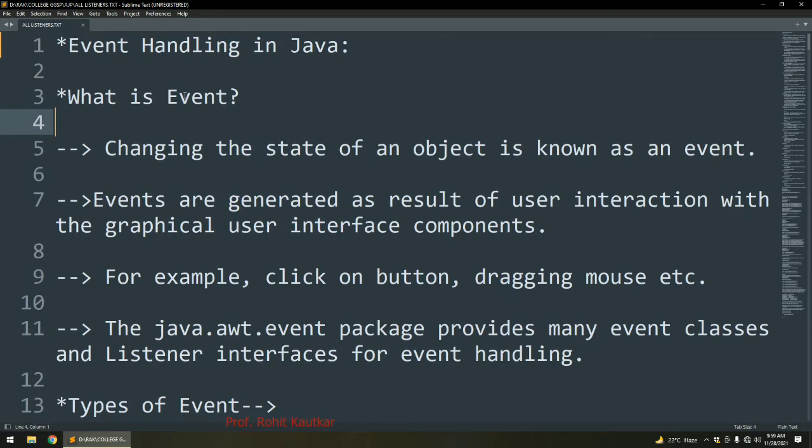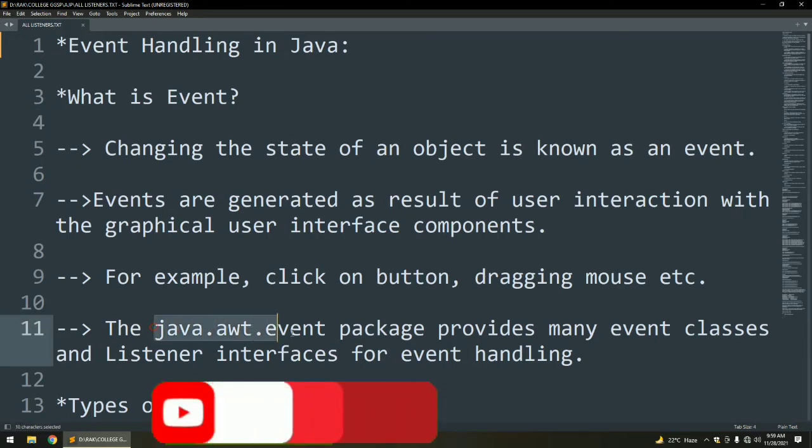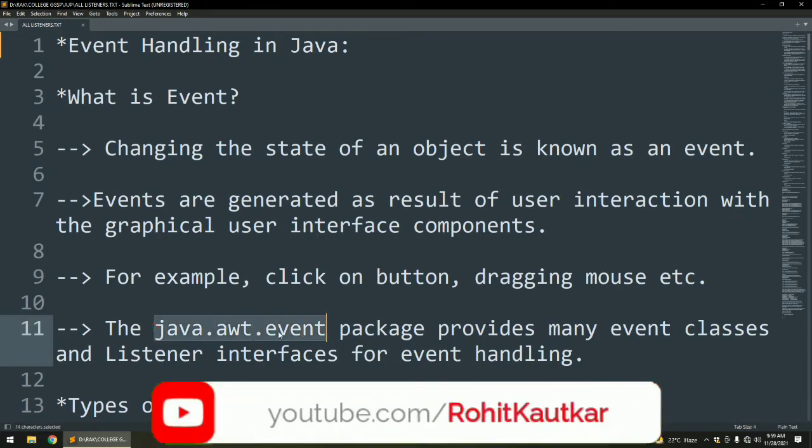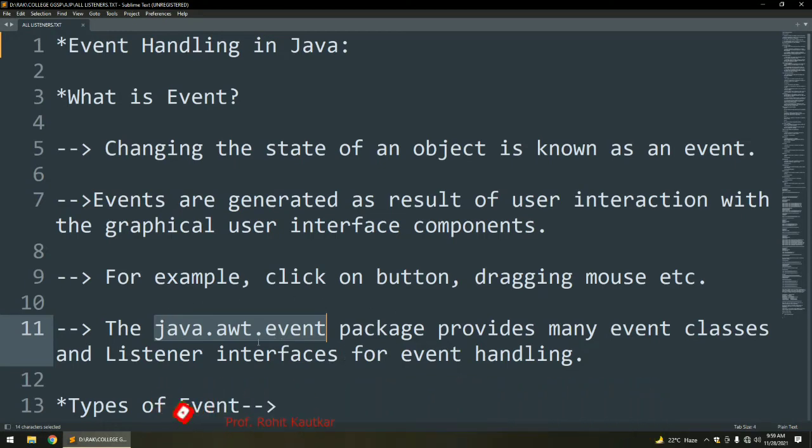All these event-related classes are available under one package, and that package name is java.awt.event. If you want to handle events in your program, you first need to import this package at the start of your program.